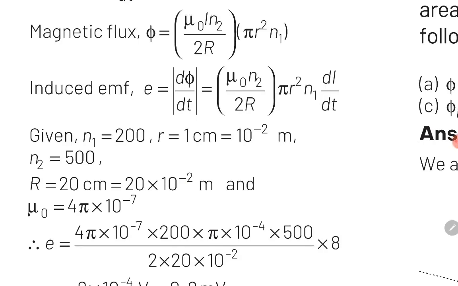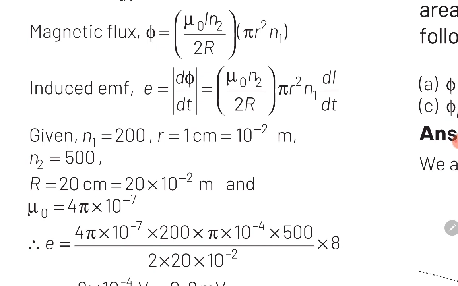Yes students, you can observe here that magnetic flux through coil C1 will be given by magnetic field due to coil C2 multiplied by area of coil C1. Guys, here at the center of coil C2 the magnetic field will be given by the formula mu naught N2 I divided by 2 times capital R, and now we will multiply this magnetic field by area of coil C1, which is given by pi into small r square into N1. Guys, here we multiply by N1 because we need to take into consideration total number of turns to calculate total magnetic flux.